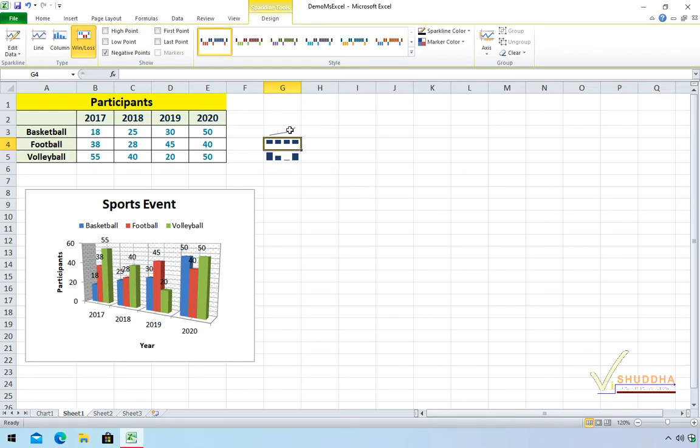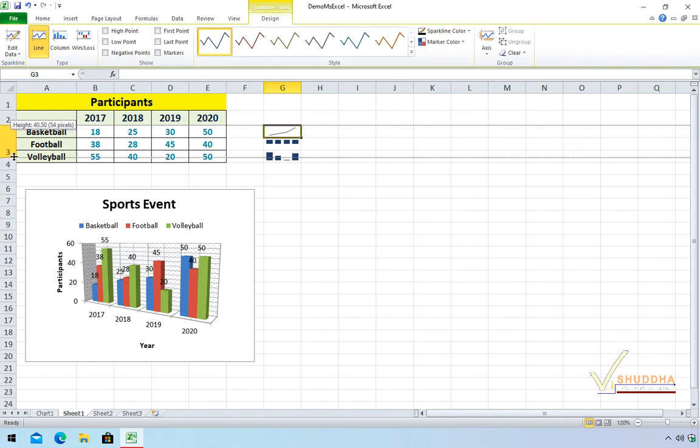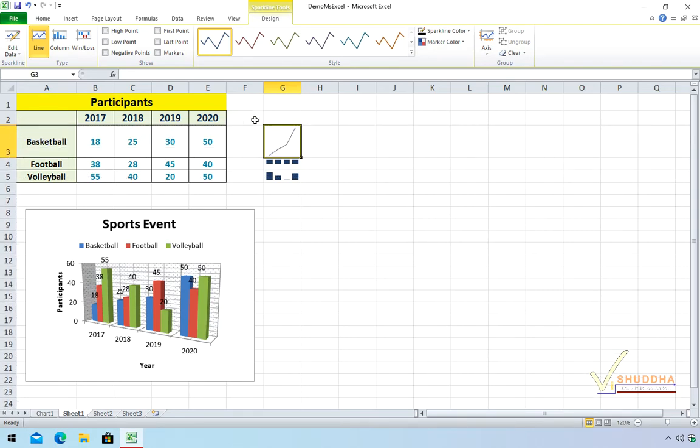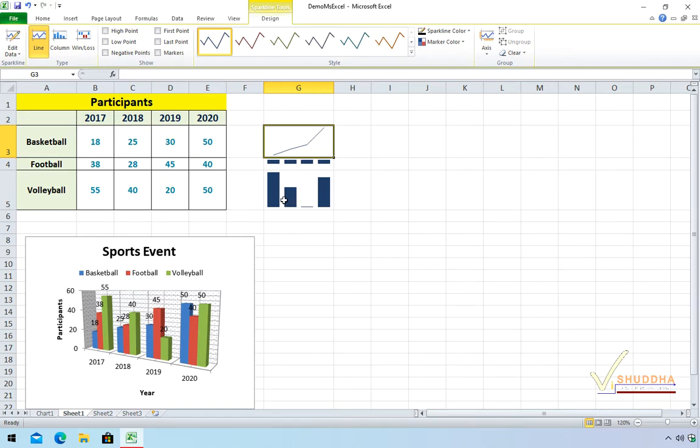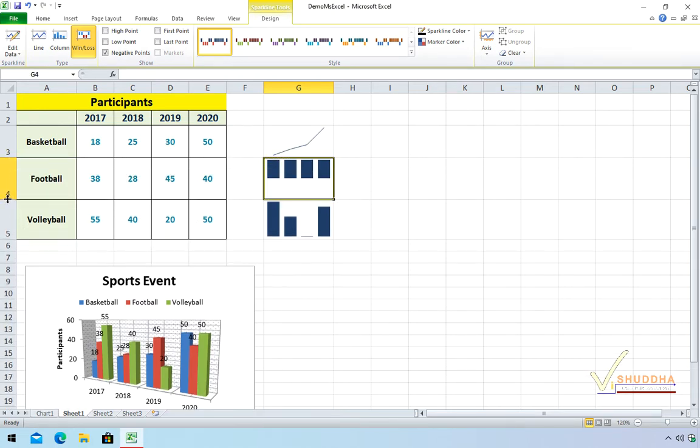As you can see, the lines spark line helps you see the trend of change of values. So it is a kind of line chart, but it is not looking to be very explanatory. Now let's resize the last row, and here you can see you have the different bars representing the values. So this is going to give you a simple idea of the change in the values. Now for the third chart, that is the win-loss, if you have some negative value, you will be able to see the clear difference.